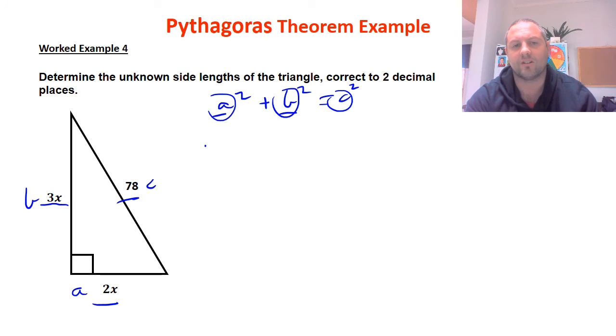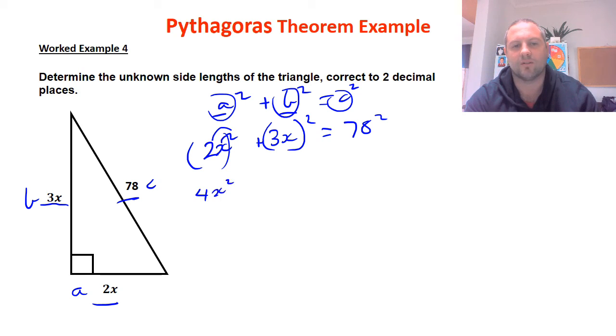So a equals 2x, plus b, which is 3x. Now what I'm going to do is put brackets around this. Everything in the brackets is squared, and c squared, which is 78 squared. First of all, I'm going to just expand these brackets. 2 squared equals 4, x squared equals x squared. 3 squared equals 9, x squared again is x squared. And that's going to equal 78 squared, off the top of the head,